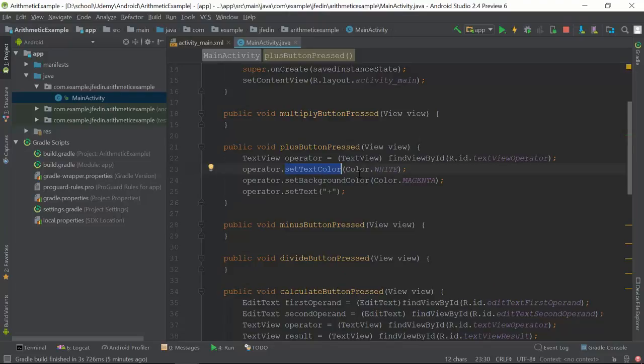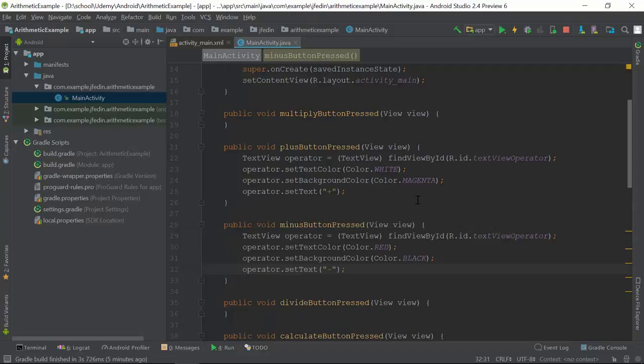I want to set the text color. And then the background color, I want to set to magenta. And then I want to set the text field to whatever I selected on the button. So for the minus, we're going to do the same thing. We're just going to set the text field to minus and change the background color, just to show you how we can use some text view